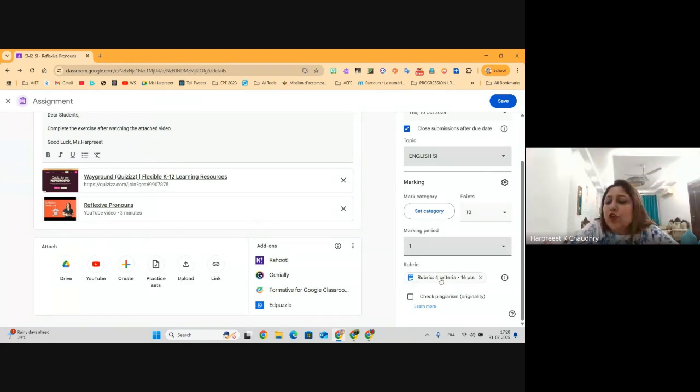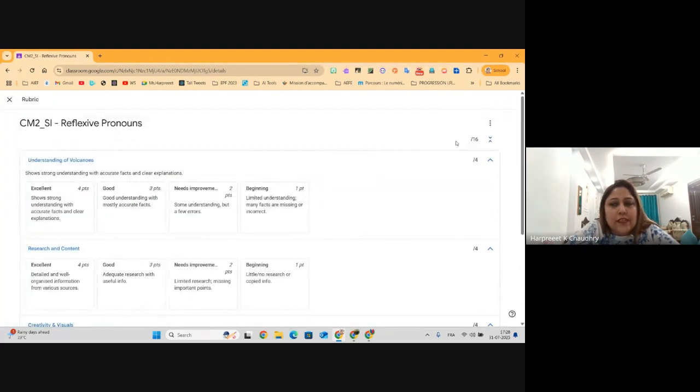You see the rubric is automatically added. So you didn't have to do anything much. Once I click on this, I click on the 3 dots on the top right. I can still edit this rubric. So, like I said, it depends on which topic you're doing. You maybe have to delete. So if I click on edit,